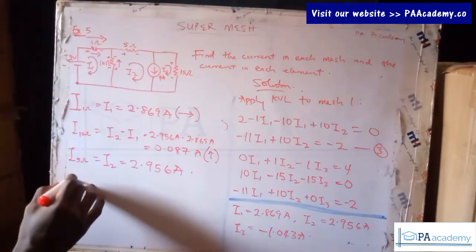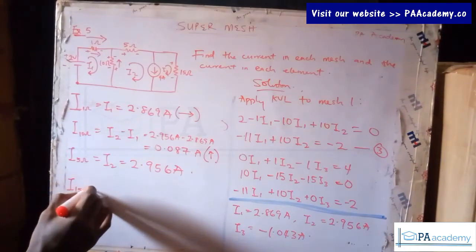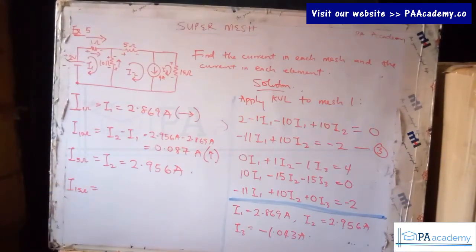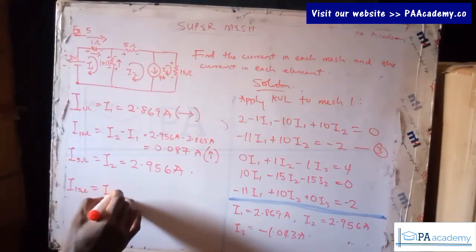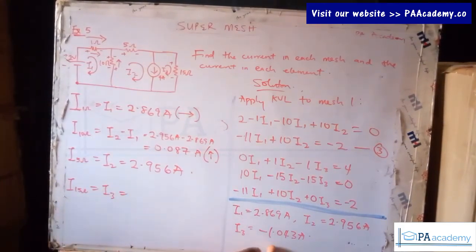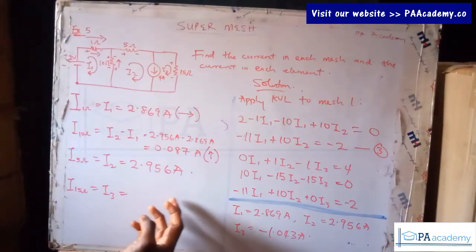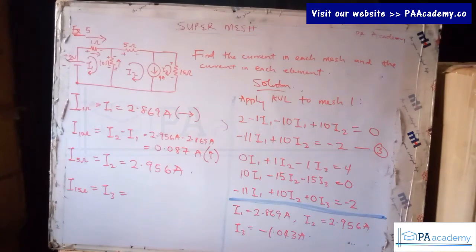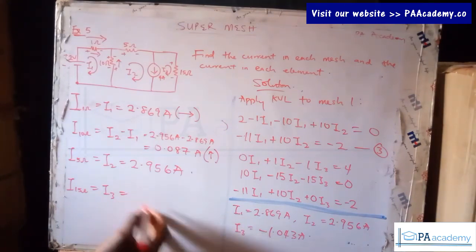Okay, so now let's look at the next element we have, the 15 ohm resistor. So the current flowing through the 15 ohm resistor, if you look at that circuit, what is it? The current flowing through it is I3. And this time around, our I3 is negative, so we cannot just go ahead and write minus 1.043 amperes. It's not that you are wrong, but let's just do the right thing. So we are going to write it without the negative, so that's